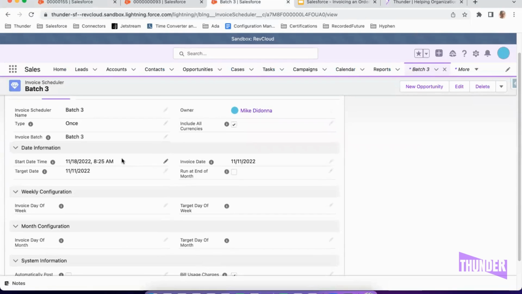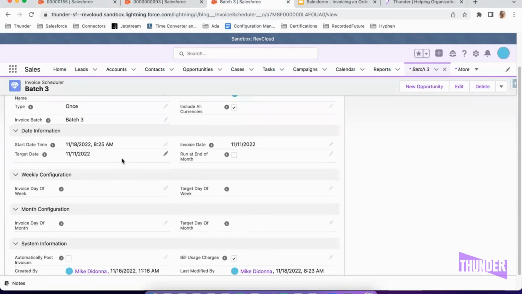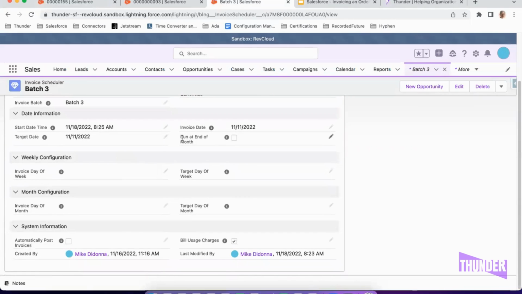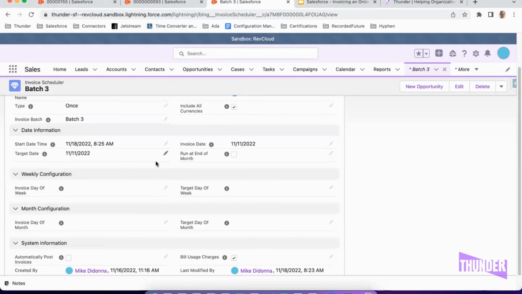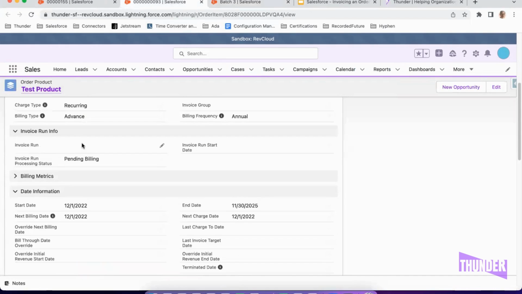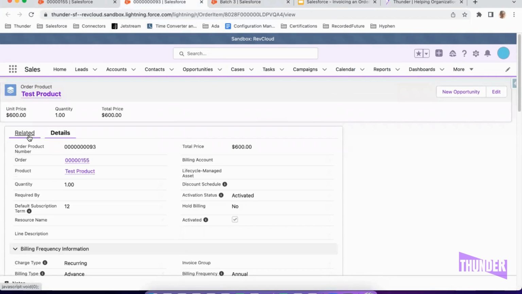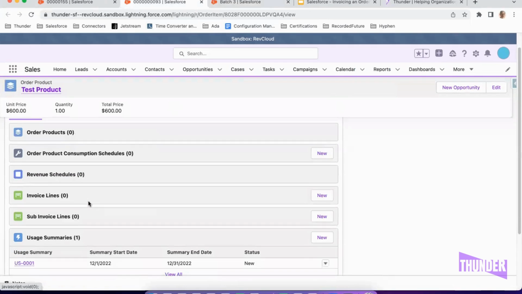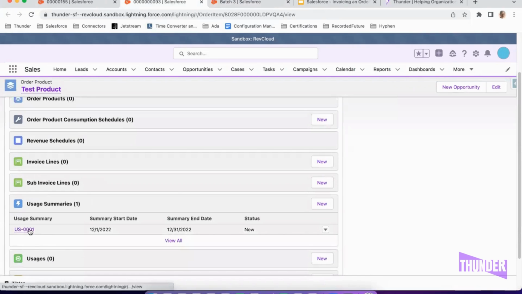Finally, if you're using usage products, there's a fun little twist that comes with invoicing usage products. On that invoice scheduler, you'll need to make sure that bill usage charges is checked. If it's not, it will not pick up any usage products or usage charges. So that's important to remember. And then another fun twist is looking at the dates as they relate to usage products. So going back to an order product, go up here and look at the related tab. And this one has a usage summary assigned to it. So looking at the usage summary,